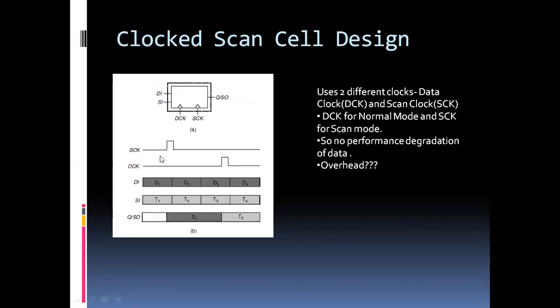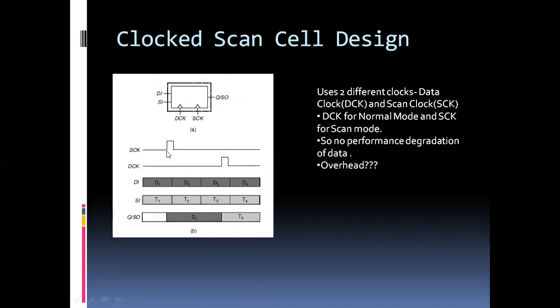Before that, we'll just see how it is working. See, in this case, what happens is when S clock is going high, it is blocking D clock. And when D clock is going high, it is blocking S clock. Okay. So there is no overlapping between the two. Only one out of the two can be active. Okay. So it can be level sensitive. You can use it for the latch also. You can use it for the flip-flop also. We are taking the example of a flip-flop implementation, but I can use it for a level sensitive design also. So we'll start with this.